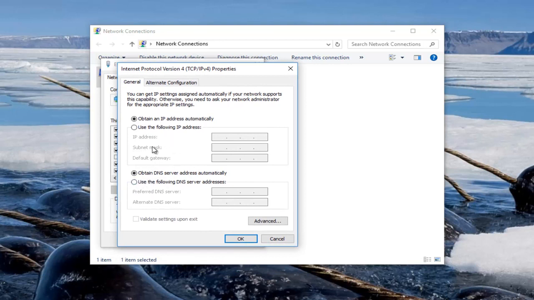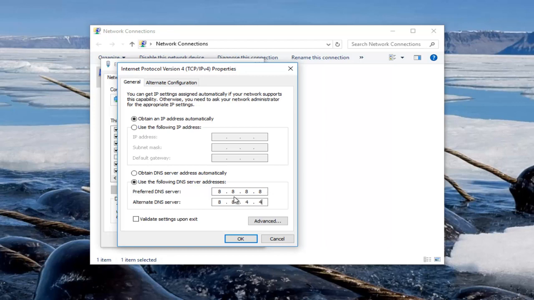The second area of this page underneath General should say Use the following DNS server addresses. Left click inside of the circle, and now we're going to change our DNS server to a Google DNS server, which is completely safe, and you might actually notice some speed enhancements on your internet experience. I'm not promising that, but it's definitely something to keep in mind. So we're going to type in 8, and then using our mouse we're going to click into the next area. We're going to type 8, 8, 8, 8,